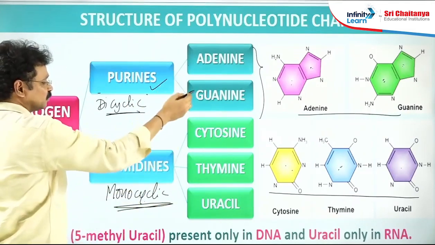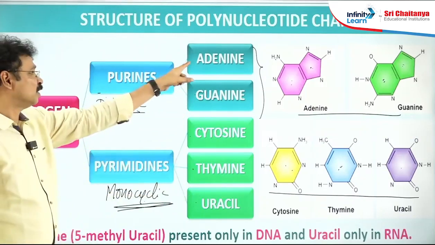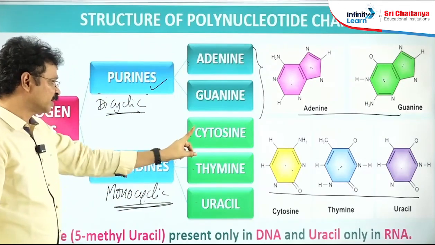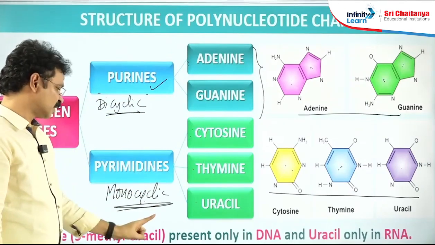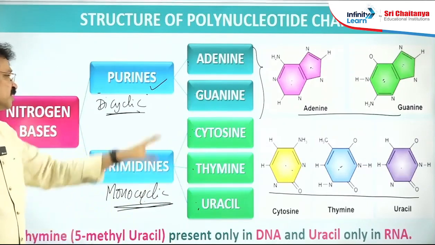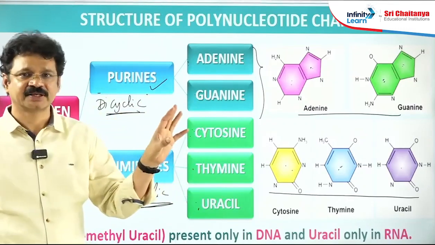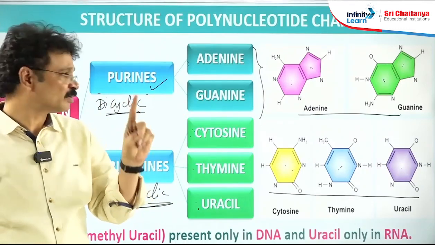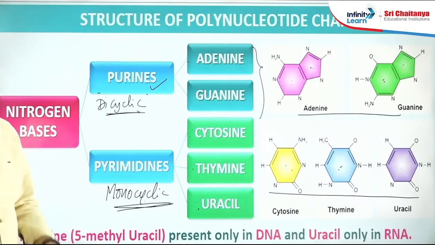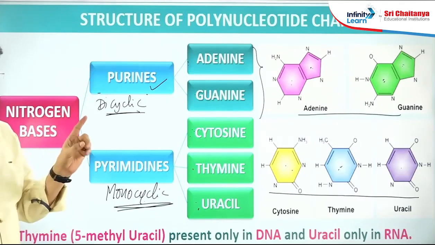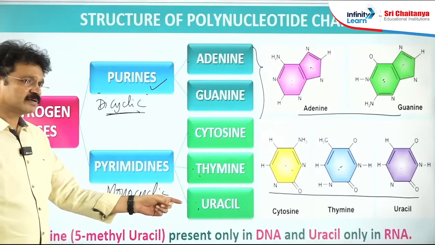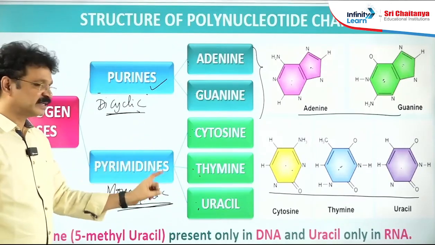Purines are only 2 types, but pyrimidines are 3 types. All types of purines are found in both DNA and RNA. In case of pyrimidines, in DNA, C and T are present, whereas in RNA, C and uracil is there, thymine is absent. From these types of nitrogen bases, we can ask some questions here. Tell me, name the nitrogen base that is never found in RNA molecule. What is the nitrogen base? Absent in RNA but present in DNA. Thymine. Thymine, T. Name the nitrogen base absent in DNA but present in RNA.